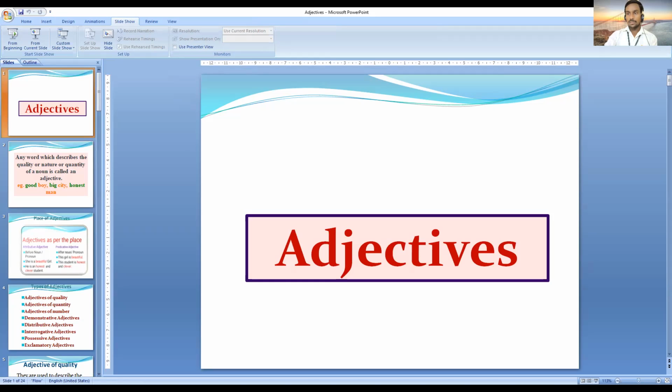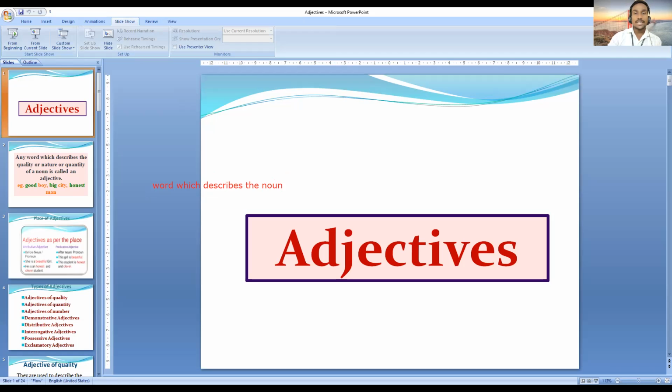I think it is very simple. A word which describes a noun. Okay, that is very simple. The word which describes noun. So from that you come to know adjectives are used in a sentence. They are used before a noun, and that describes. Describes in the sense we get more information. We come to know what are the qualities of the noun or any other things about the noun because of adjectives.